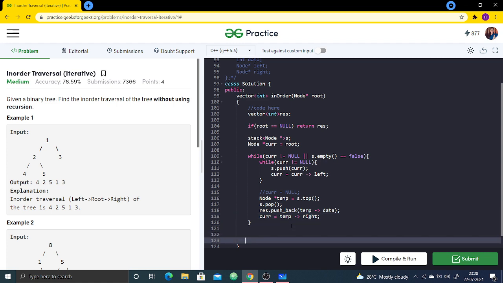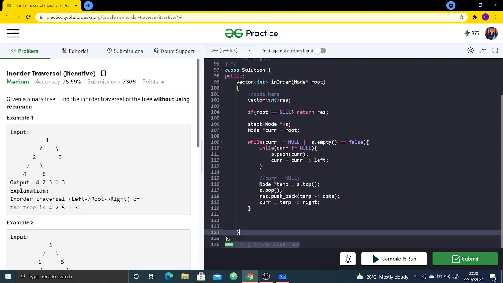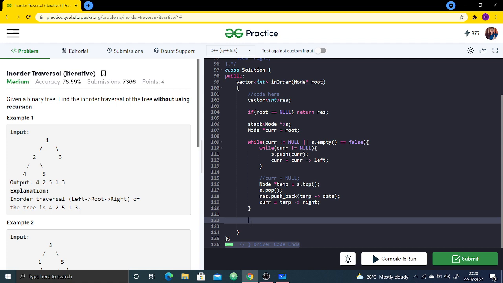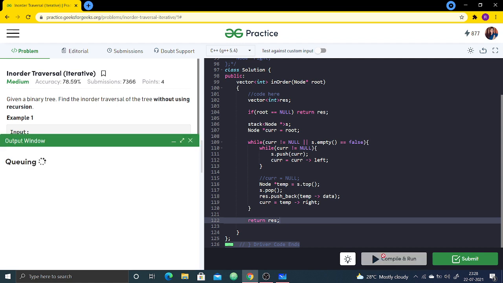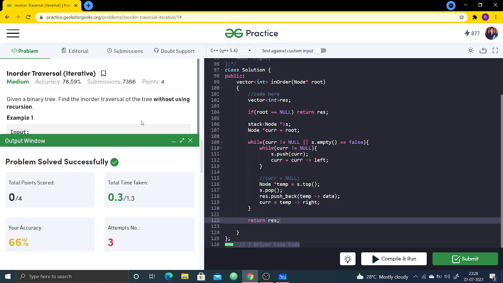So this was the algorithm that we had to implement, and we can simply return the resultant vector. Let us submit this code and see if it passes all the test cases. Yeah, the problem has been successfully solved.